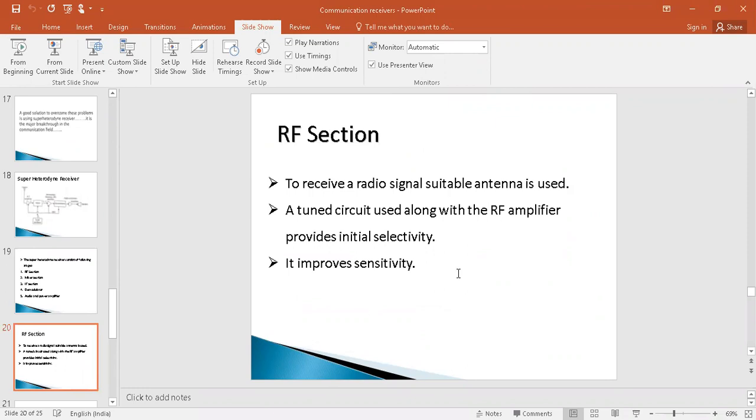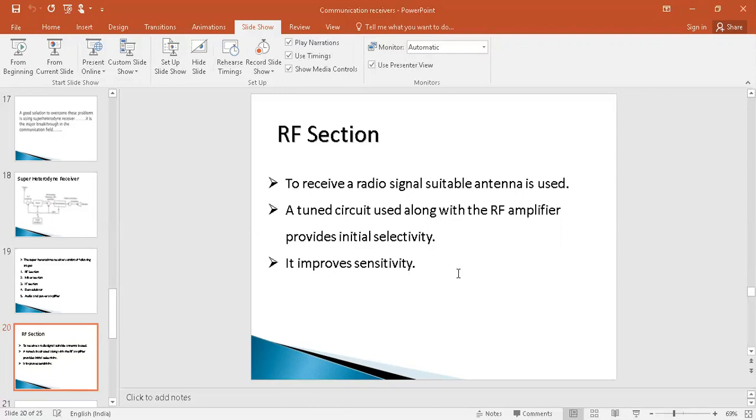Coming to the RF section. In the block diagram, we have seen that we'll have the RF amplifier section. In this section, first the antenna will receive the electromagnetic wave generated by the transmitter, and that electromagnetic wave is fed as input to the RF section. What does this RF section do? As we already saw in the last session, in the discussion of the TRF receiver, it has a tuned circuit made of LC components and selects the proper resonant frequency.